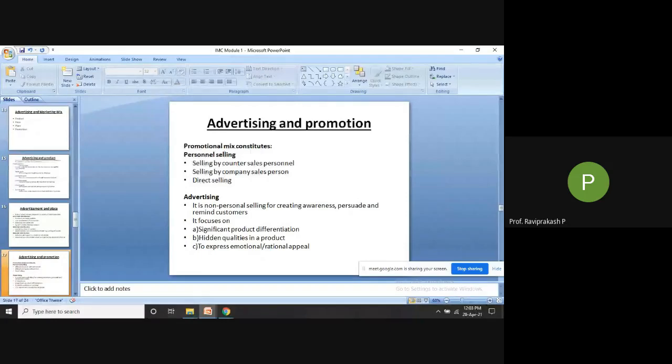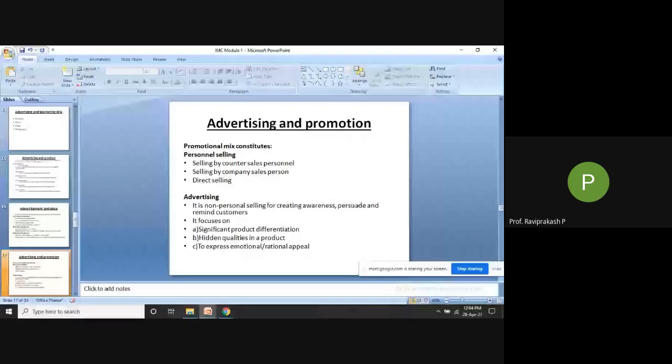So you can see those people. You can see AquaGuard kept. You can see the vacuum cleaners kept over there. Okay, so these are the company's salespeople who are standing there and trying to sell. You can also see some people coming to your home, to your door, and they're trying to sell some things like books, then some